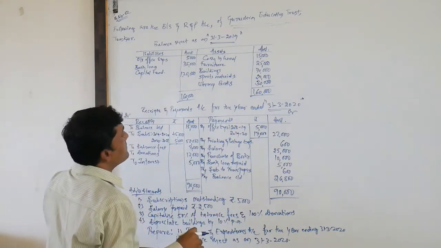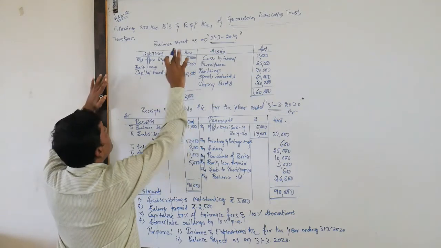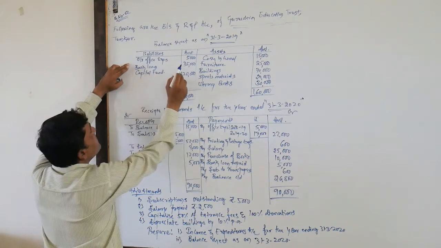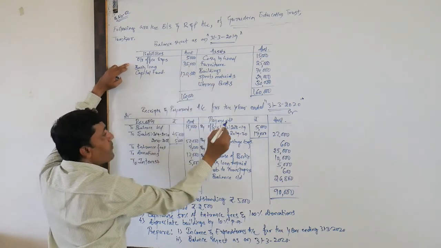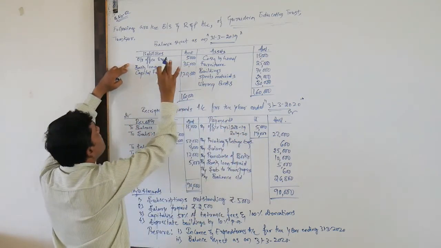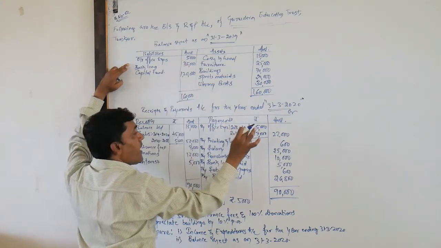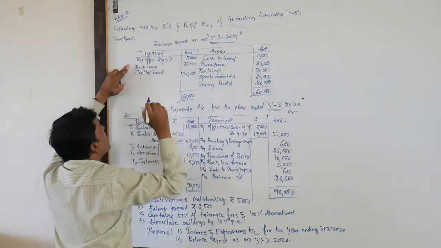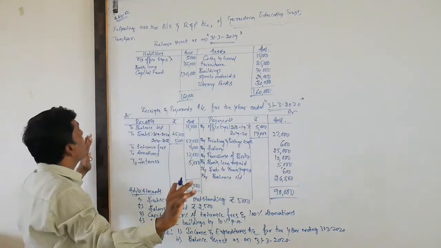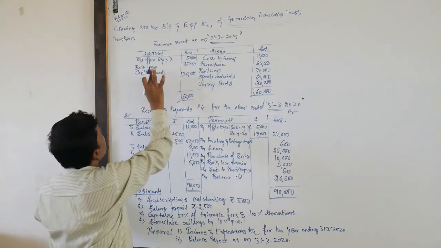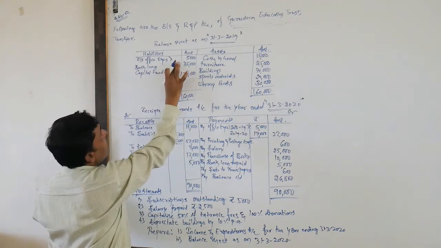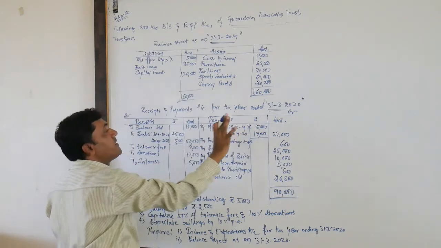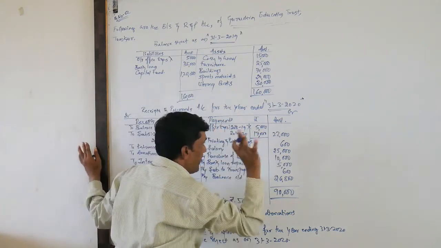Here you can observe in the last year balance sheet, on the liability side, it represents outstanding expense of rupees 5,000. Here we have paid rupees 5,000. So it was payable 5,000, and right now we have paid rupees 5,000. Both the balances are cancelled. Why? Because, I'll explain in your language, in the last year balance sheet we had to pay 5,000, and now we have paid it. So it now remains as nil.